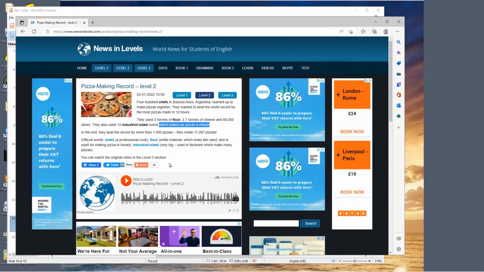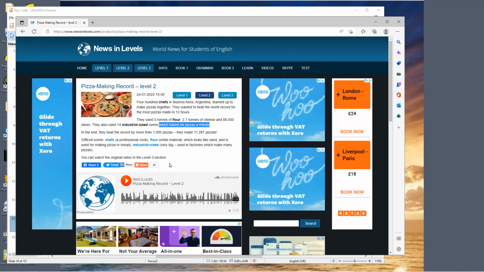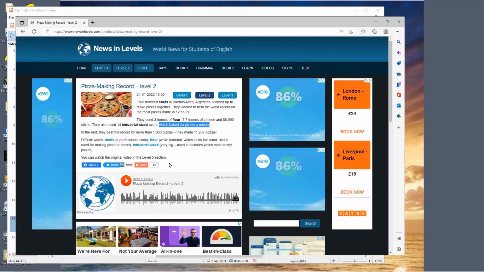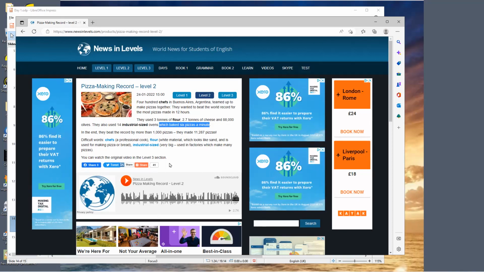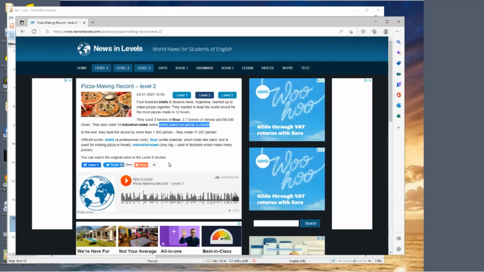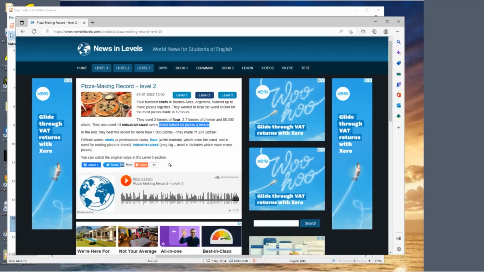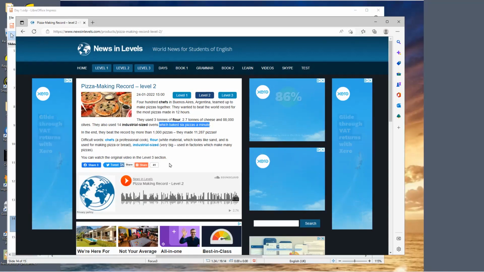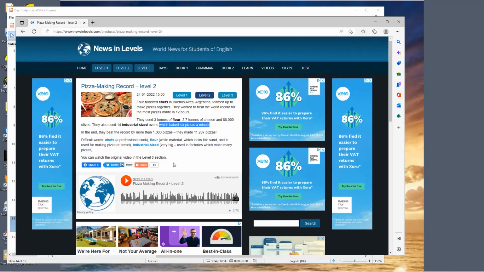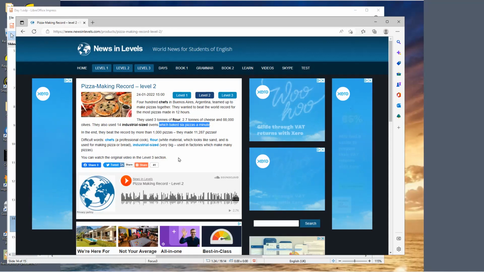What is it telling us about? It has happened already. What is it describing? Pizzas. So these are ovens which baked 6 pizzas a minute. It describes the oven. The oven which baked. Exactly. Can everyone see that? Yes. All right. So the active verb that is holding this sentence together is the word